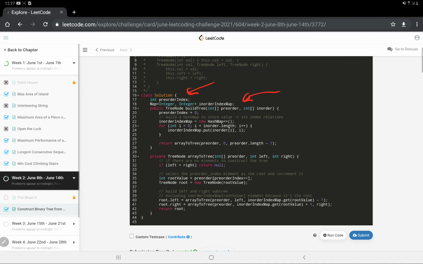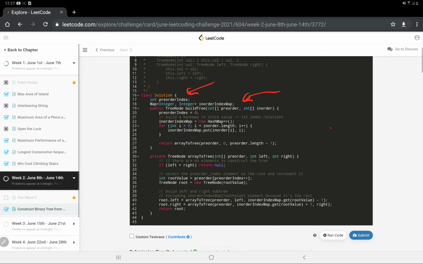Pre-order index, we have taken it globally because we want to keep the track where the pre-order index is. Whenever in the recursion we want to keep a track of where we are at current position in an array, we always take the pointer, that is the thing that is pointing to that variable that is storing the value as a global variable, so that its value remains same for every iteration. We can get the value, and if it's incremented by one or another.